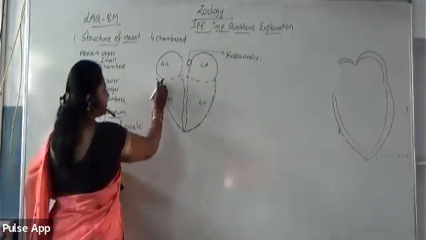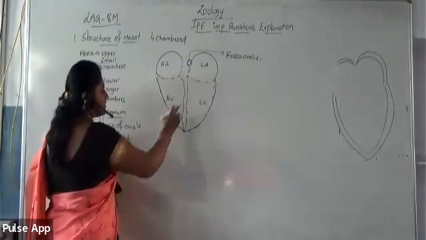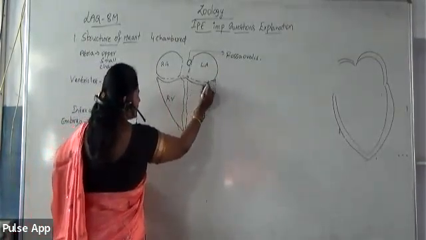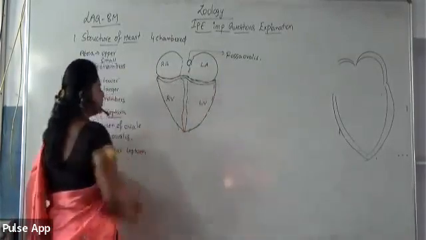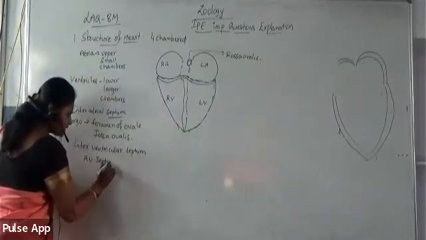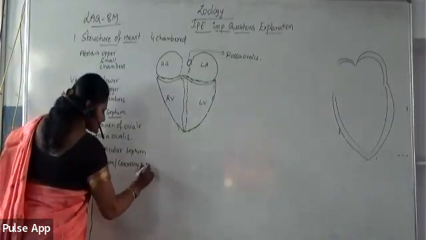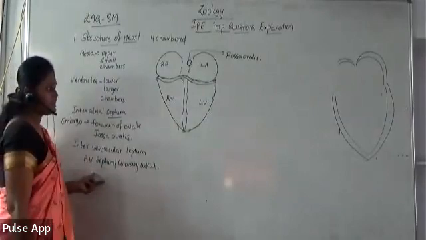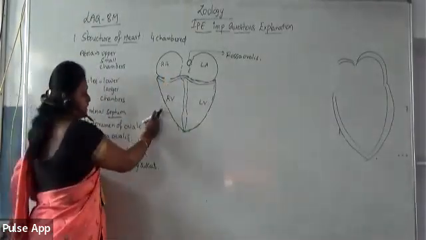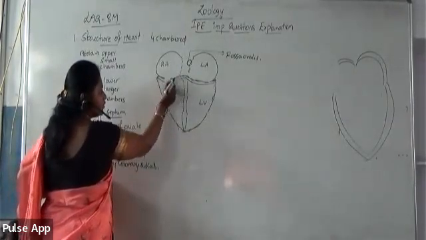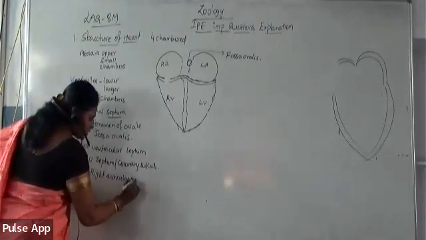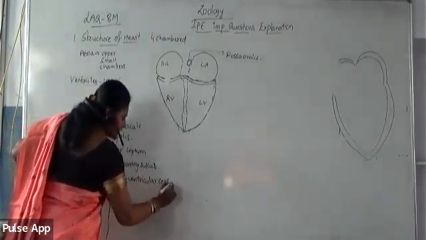And not only that, the right atrium and right ventricle, and in the same way the left atrium and left ventricle, are also separated by the atrioventricular septum, or it can be called the coronary sulcus, where the right atrium opens into the right ventricle. So the right atrium is separated from the right ventricle by the right auriculoventricular septum, which contains an aperture called the right